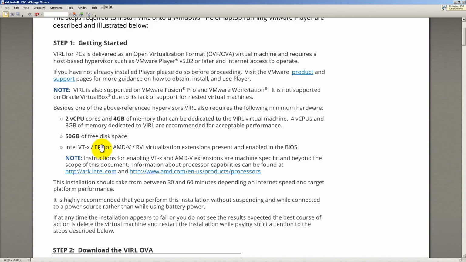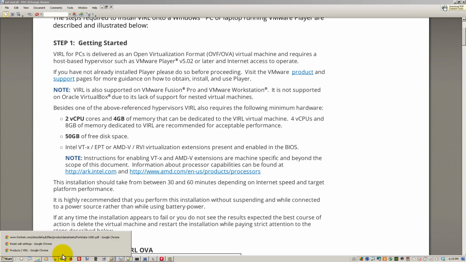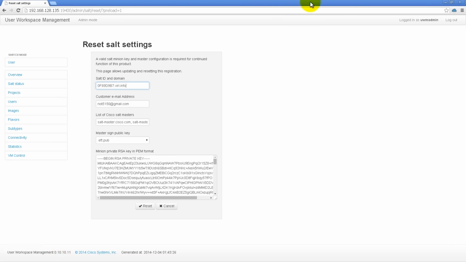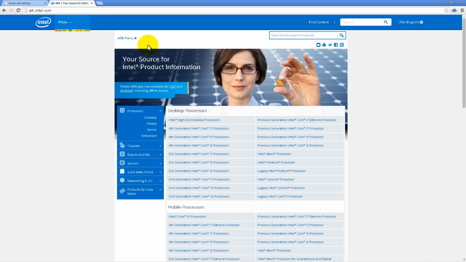And the Intel VT-x has to be turned on. This shouldn't be a problem, because if you're running VMware Workstation and you run VMs, then you should be able to run this. But you should check on ARK, Intel ARK, for your processor just to make sure. And also, if you haven't done it before, you might have to set in BIOS your virtualization settings. If you don't know Intel ARK, it's